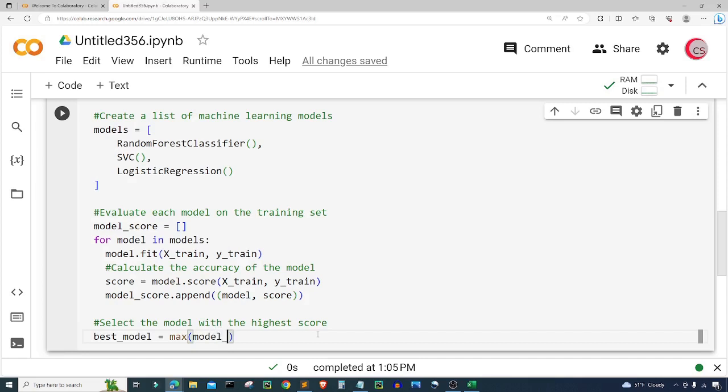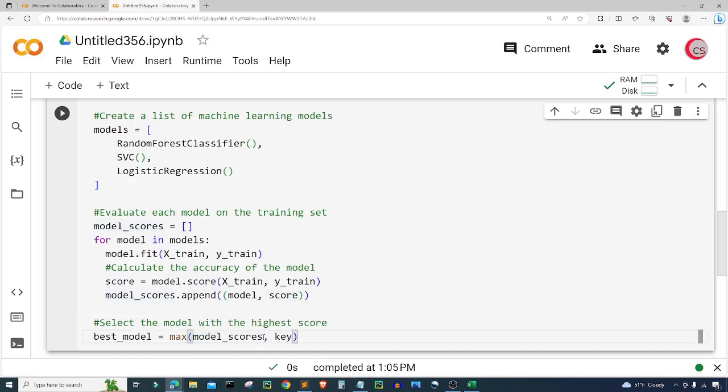We're going to input model_score. You know what, actually I'm going to change this to model_scores. I'm going to put an S here because it contains many scores, so it just makes sense for me. So max of model_scores,